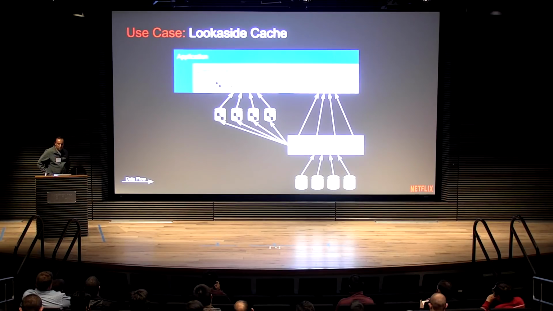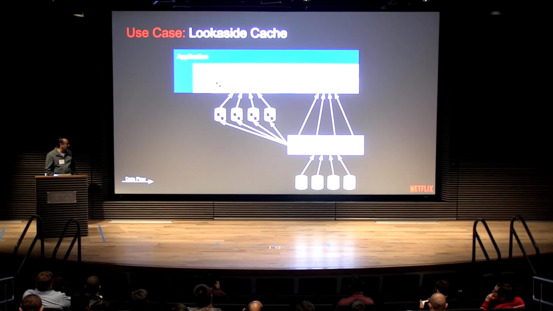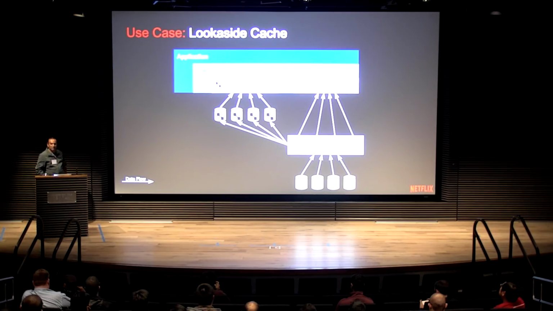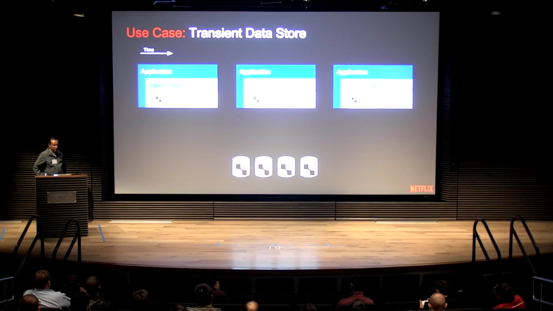For look-aside caches, EVCache fronts the data in a persistent store, for example, Cassandra here. When the application needs to look for any data, first it calls the EVCache client. The EVCache client checks if the data is present in EVCache. If it is present, it just returns it. If not, then the application calls the service which fetches the data from the persistent store, and then the service puts it back to EVCache so that any subsequent requests for that particular data can be fetched directly from the cache.